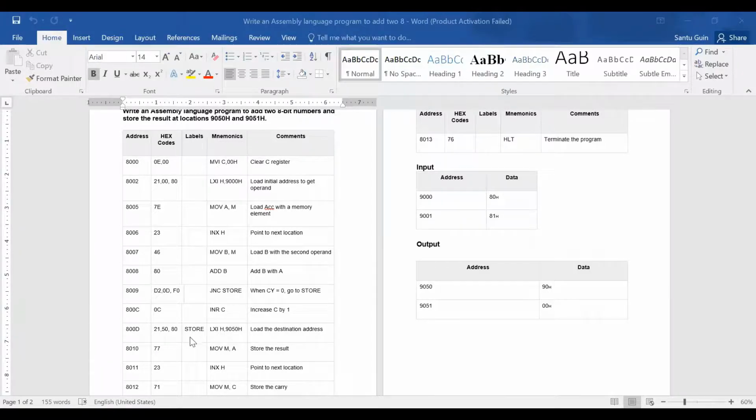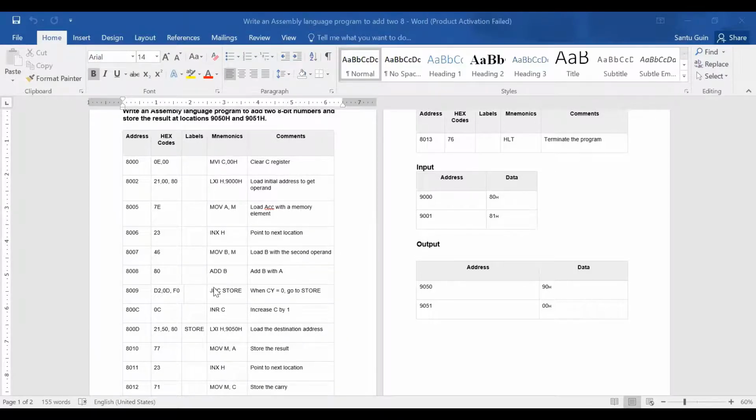You can give any name here. If there is no carry, it will jump to the memory location whose name is store, and directly execute the program from there.